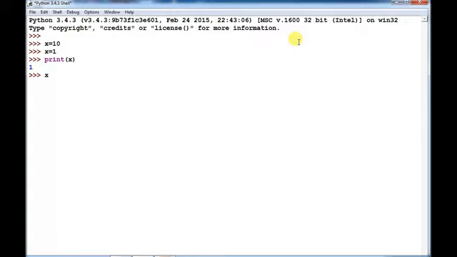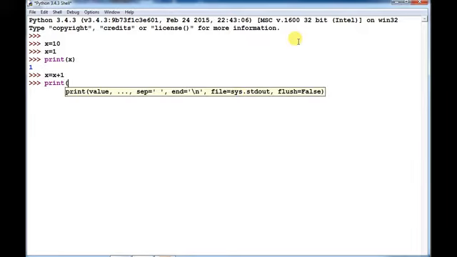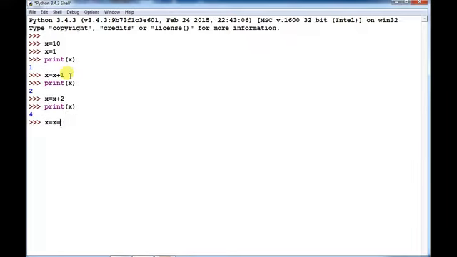In the next line, I am adding 1 to this variable: x equals x plus 1. I am forming this expression, and again repeating the same statements, x equals x plus 1, and then print x.